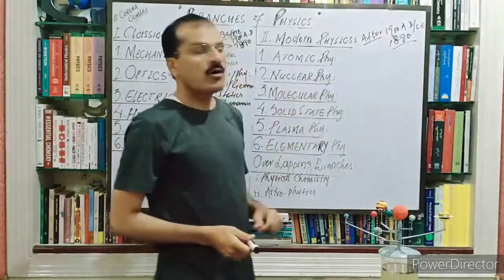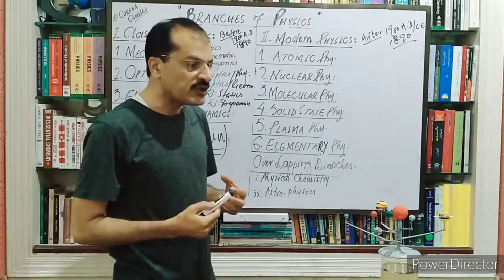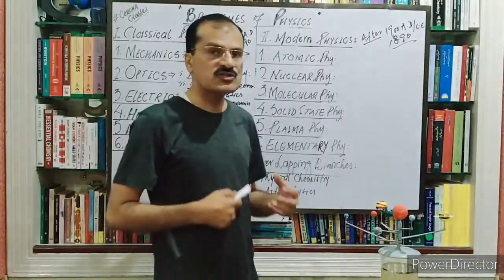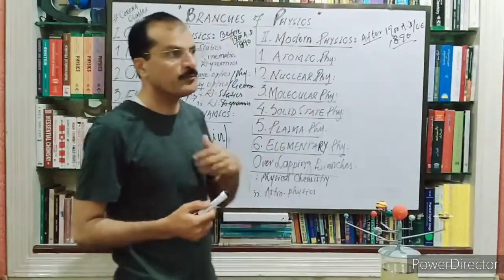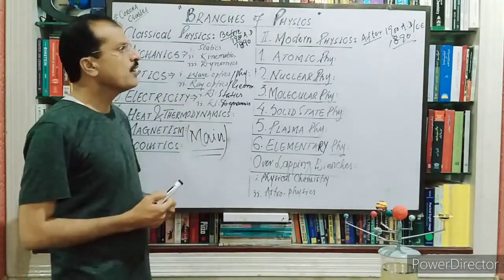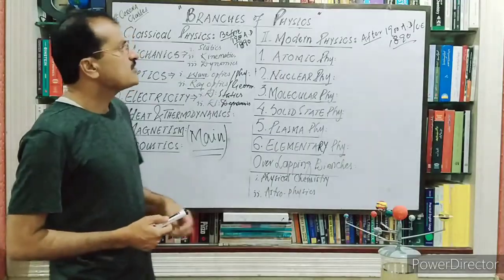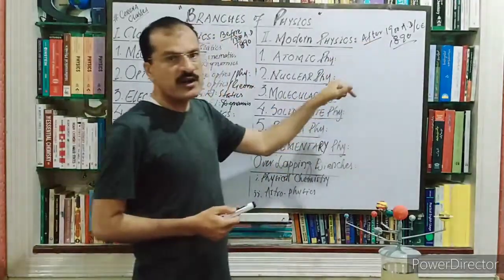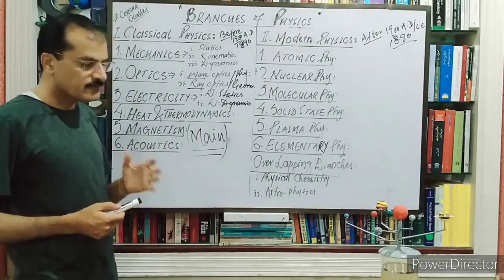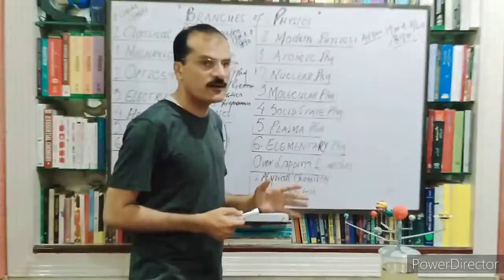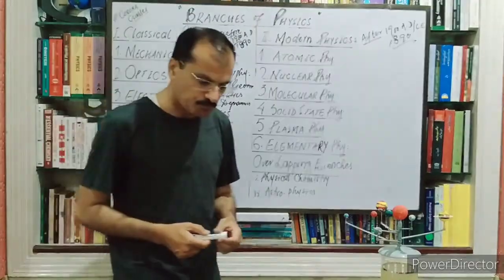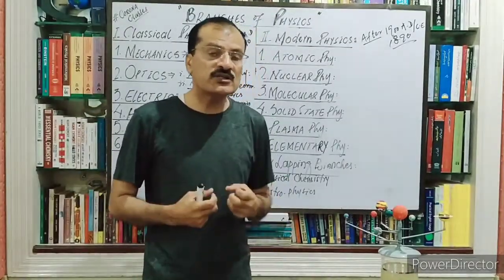That was when Max Planck proposed his famous quantum theory for the explanation of black body radiation curves, a totally new theory to explain the phenomena related to the interaction between radiation and matter. We will study this in modern physics. That theory became the basis of the new world of physics. If quantum theory was not there, we can't even imagine these branches of modern physics. So that was the revolutionary theory.